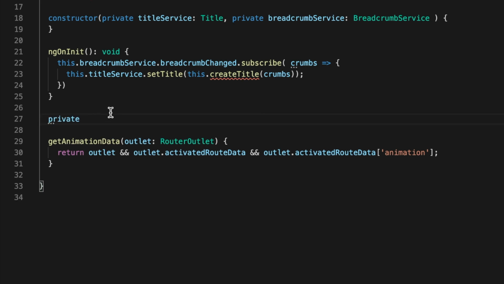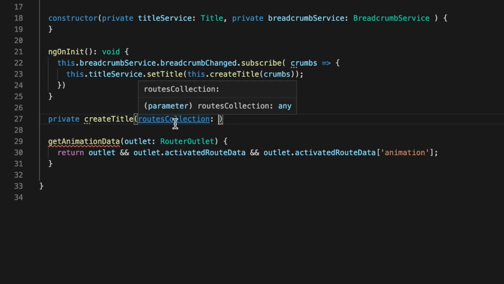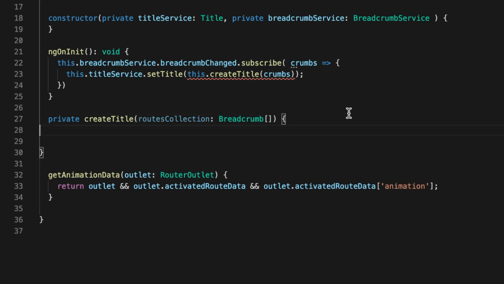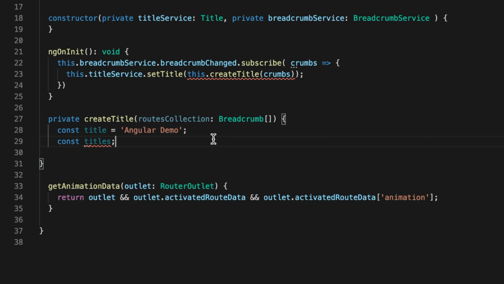Let's declare the createTitle method here and pass a route collection of type Breadcrumb as its param. And inside we'll declare a variable called title. This will be our parent or root title. Then we will filter the route collection to get the display name from the route collection and assign it to a new variable called titles.